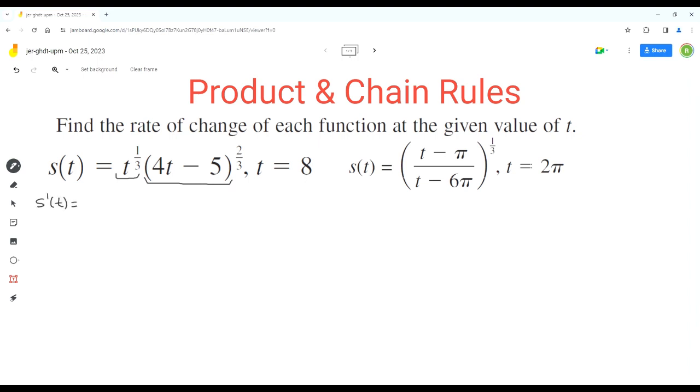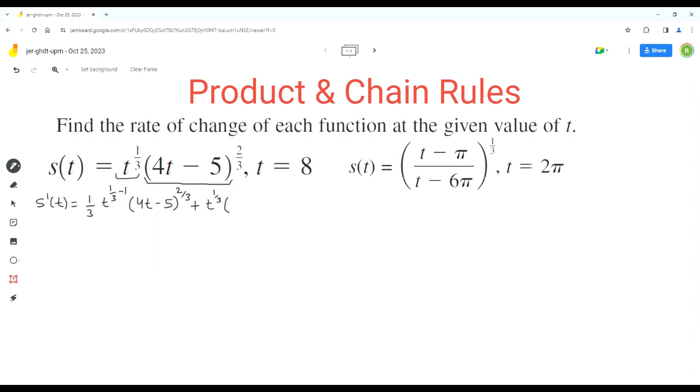equals the derivative of the first term, t exponent 1 over 3. We'll use power rule for that. So it will be 1 over 3 times t exponent 1 over 3 minus 1, times the second function (4t minus 5) exponent 2 over 3, plus the first function t exponent 1 over 3 times the derivative of